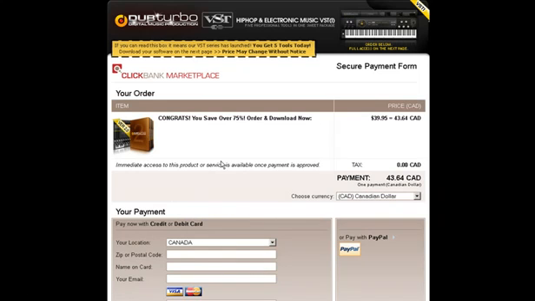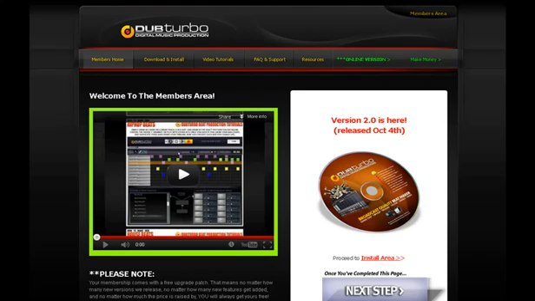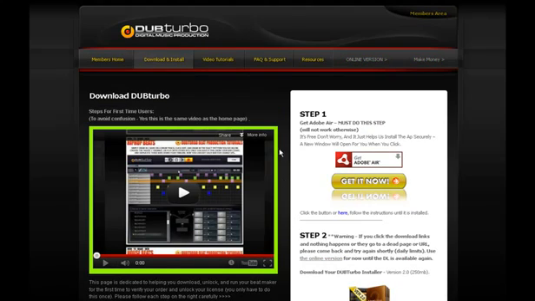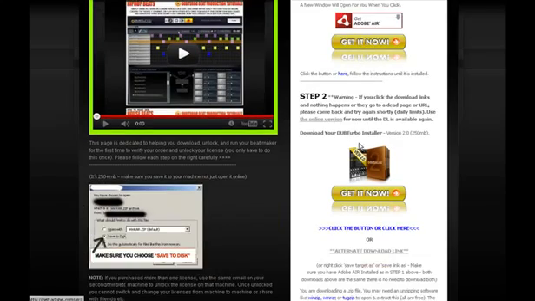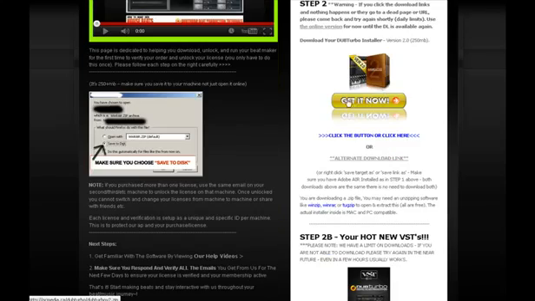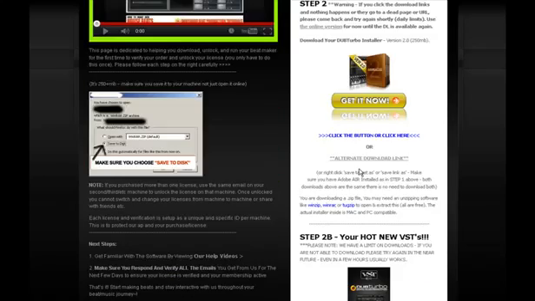You'll pay. You'll be instructed to go log into your members area, which will look like this. The next step is to download. You can click it here or here, and you'll be taken to our download and install section. Again, if you've already downloaded the standalone, you don't need to re-download it. We haven't updated this version yet. We just released this, the hot new VSTs. So if you're brand new, you'll download everything, and if you've already purchased our brand and just want the VSTs, you'll